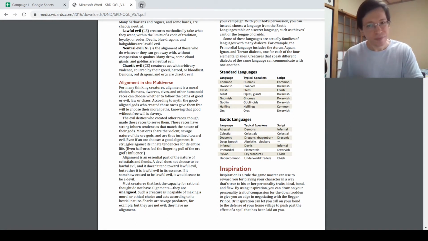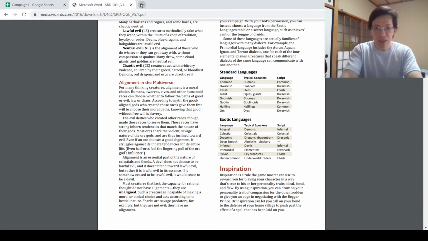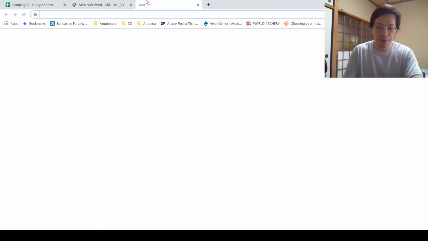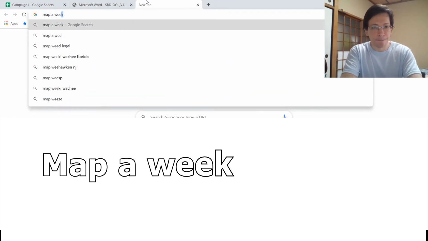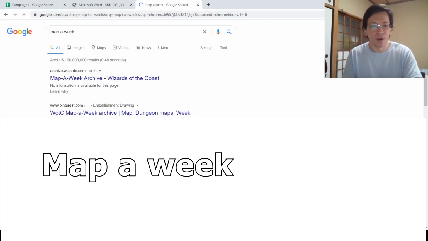Well, here's something that Wizards of the Coast used to release: a map a week. So let's search for that. If we search for map a week, we are going to the Wizards Archive,